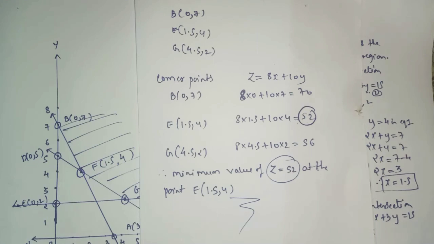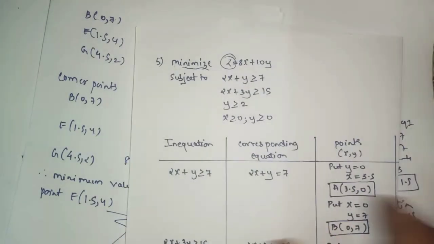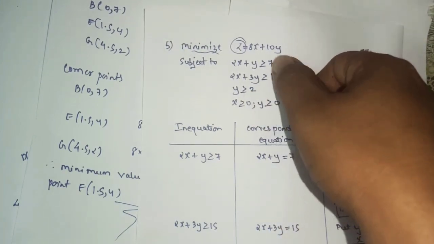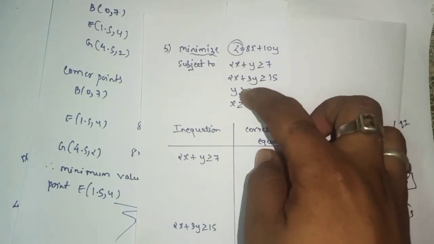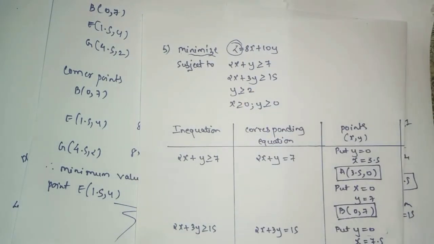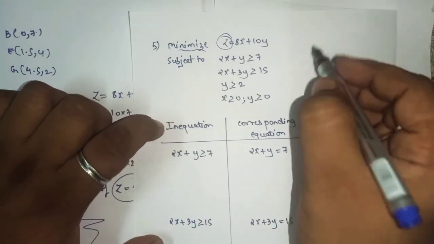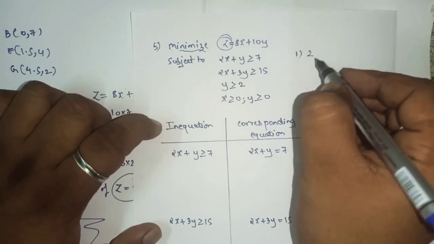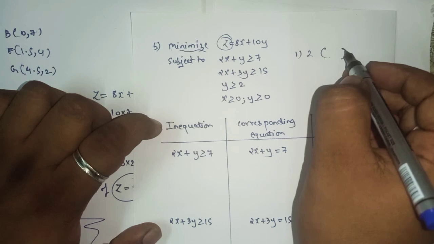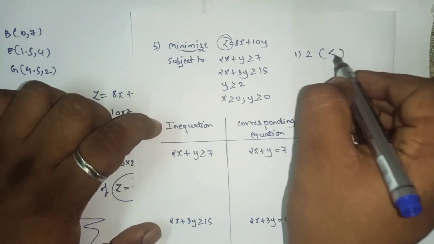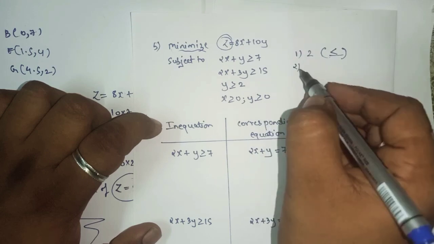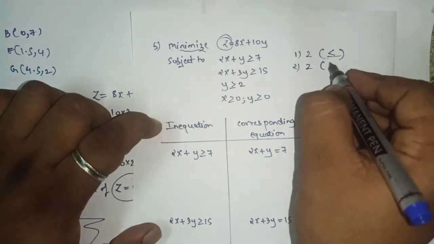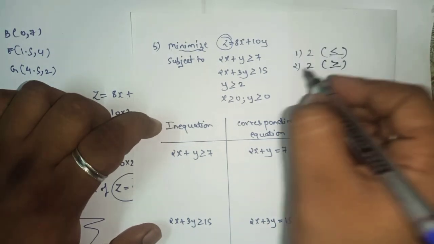So that was a sum based on three linear inequations, where all three contain the same symbol, greater than or equal to. So let's have a quick revision. As we saw, the first one contained two linear inequations, and both had the same connection, less than or equal to. In the second sum, we again saw two linear inequations, but the connection for both was greater than or equal to.